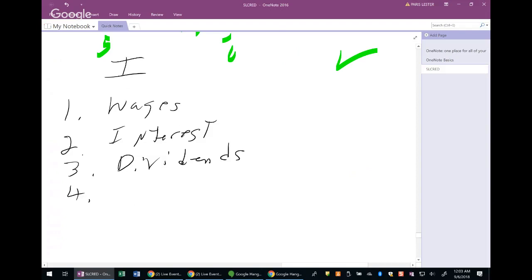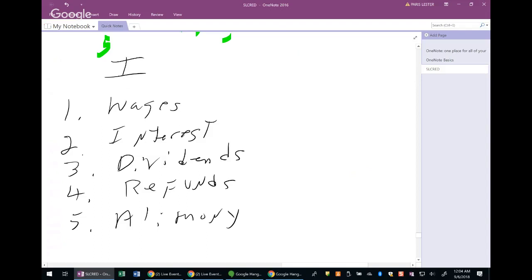I'll have to go into that later. That's a state refund. If you itemized last year and you got a state tax refund, you have to include that on your taxes this year. But that won't happen as much in the future because with the standard deduction, not as many people will itemize. So certain refunds. The next line, alimony. All right. Business income or loss.